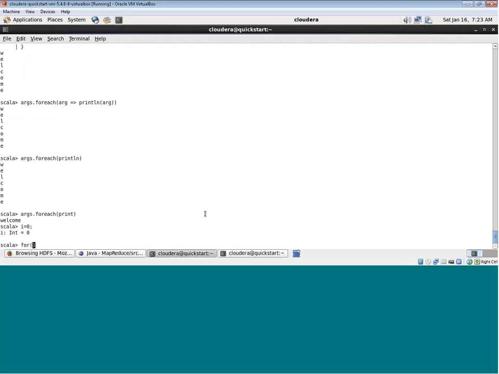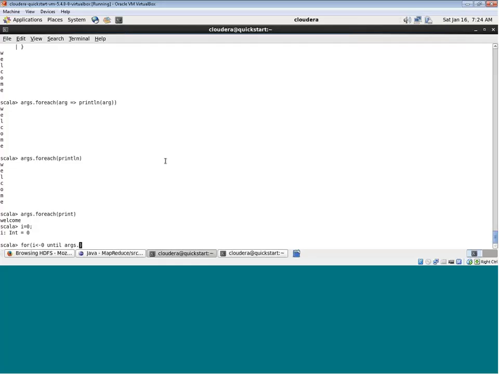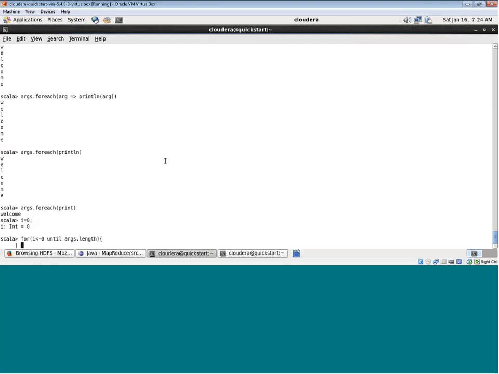There is a for loop also, okay, which you can use: for I in 0 until args dot length will also give you that. In case you want to do some other operations, you can do it like this. I'll just write it this way: for I is equals to,